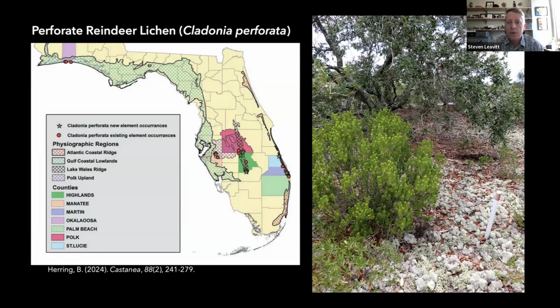You can see in the image on the right these beautiful communities that are maintained by occasional fires that maintain open space and allow for these lichens to occur. The specific image is from Santa Rosa Island by Brenda Herring. So these lichens are rare. They occur in isolated populations, distributed across a lot of the state, but only in these upland rosemary scrub communities